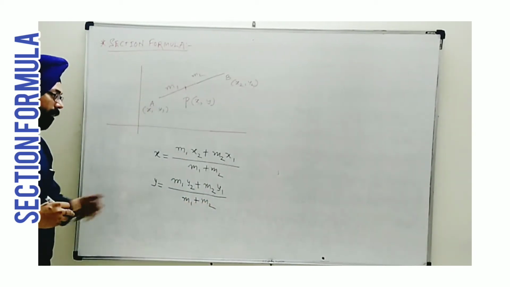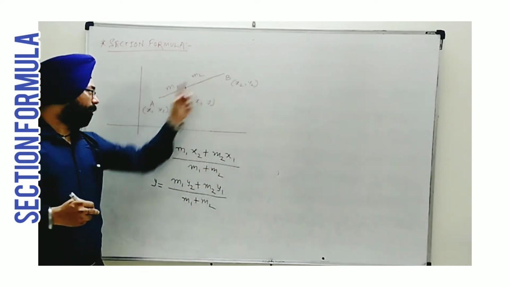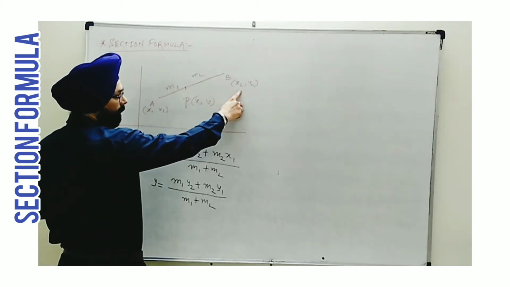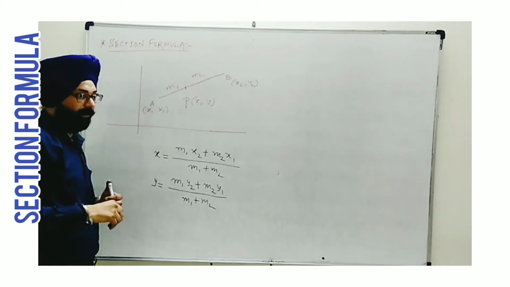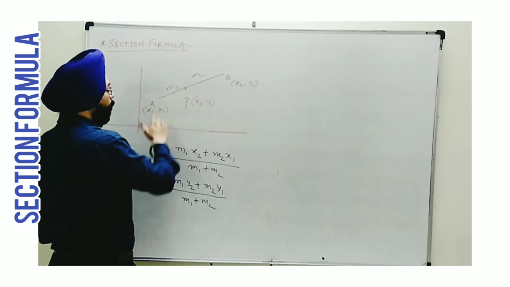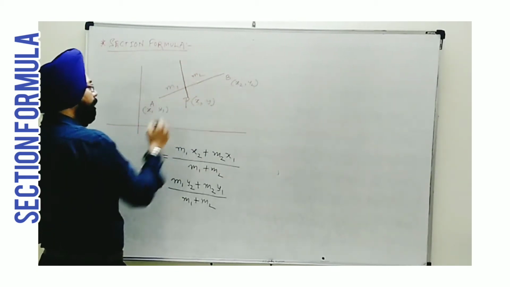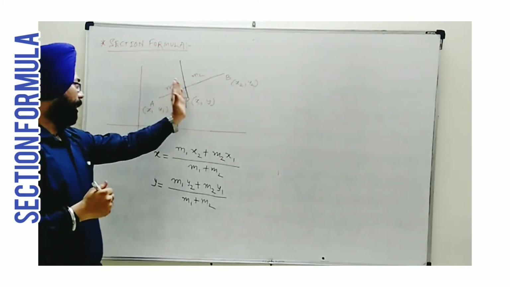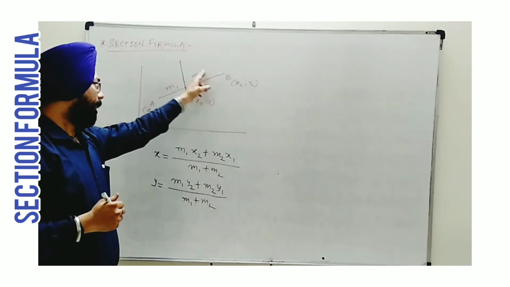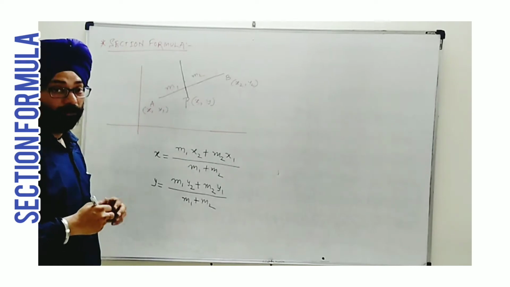Keep in mind, there is a pattern here: 1 2 2 1. In cross way we have to take the products. The first value is multiplied to the second abscissa and the second value multiplied to the first abscissa. This can be done when we partition the line segment AB with respect to P. If you draw a line to divide them, then m1 lying at this side will be multiplied to the abscissa on the opposite side, and m2 from this side will be multiplied to the abscissa of the opposite side. Same we do with the coordinates.